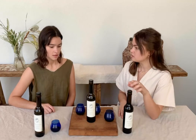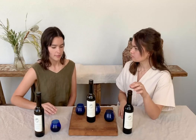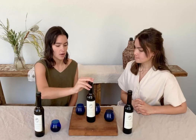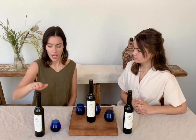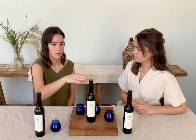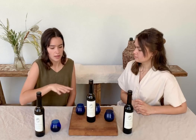How would you compare it to Double H? It's definitely more bitter and more pungent than Double H. What about fruitiness? I think on the nose, they're very different. I think this one has a lot of artichoke in the nose. I thought this one had a lot of artichoke when I first tried it, but in comparison, this one actually has a lot more, and this is a little bit more of a tomato-y smell on the nose. And this one, the green grass comes through a lot more. So I think probably this one has a little bit higher fruitiness, but definitely bigger when it comes to bitterness